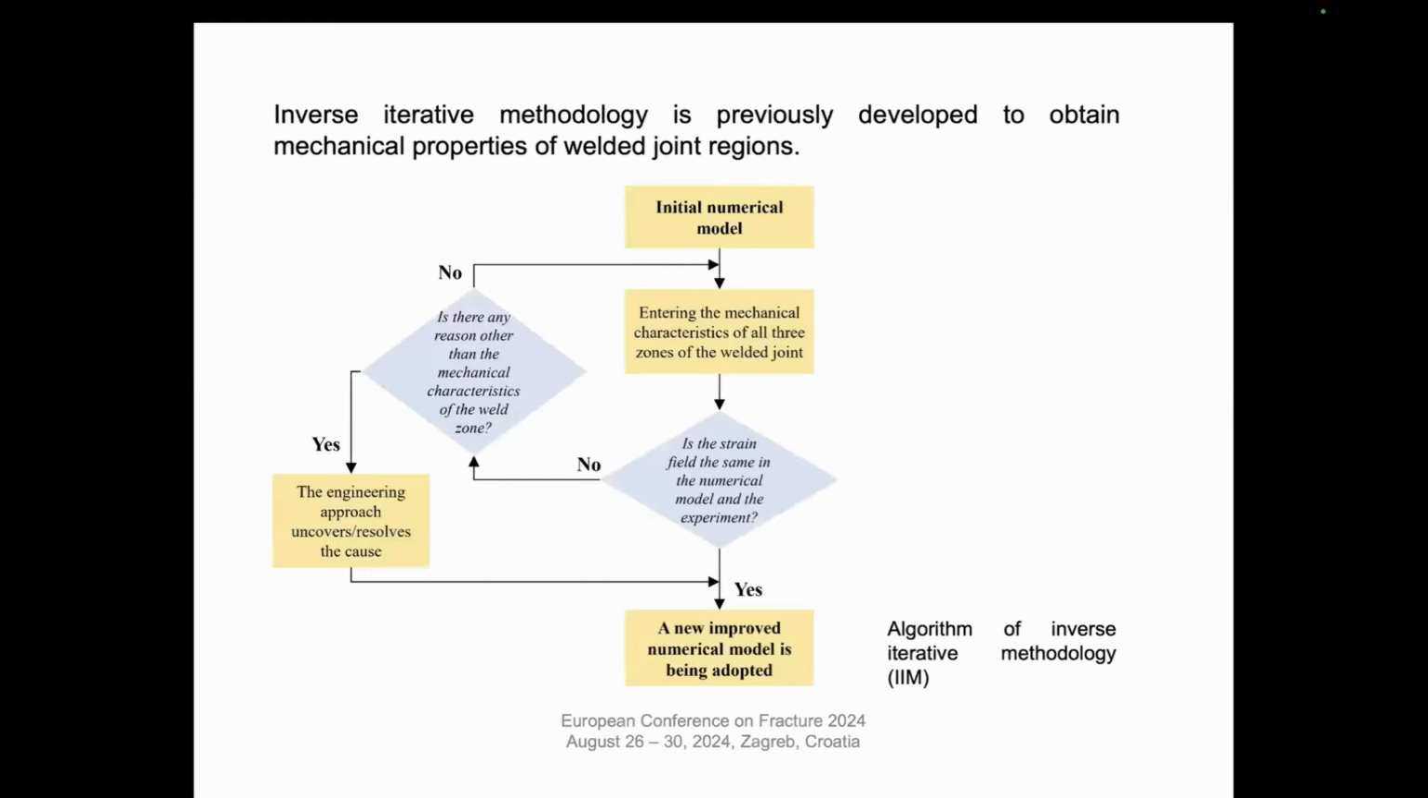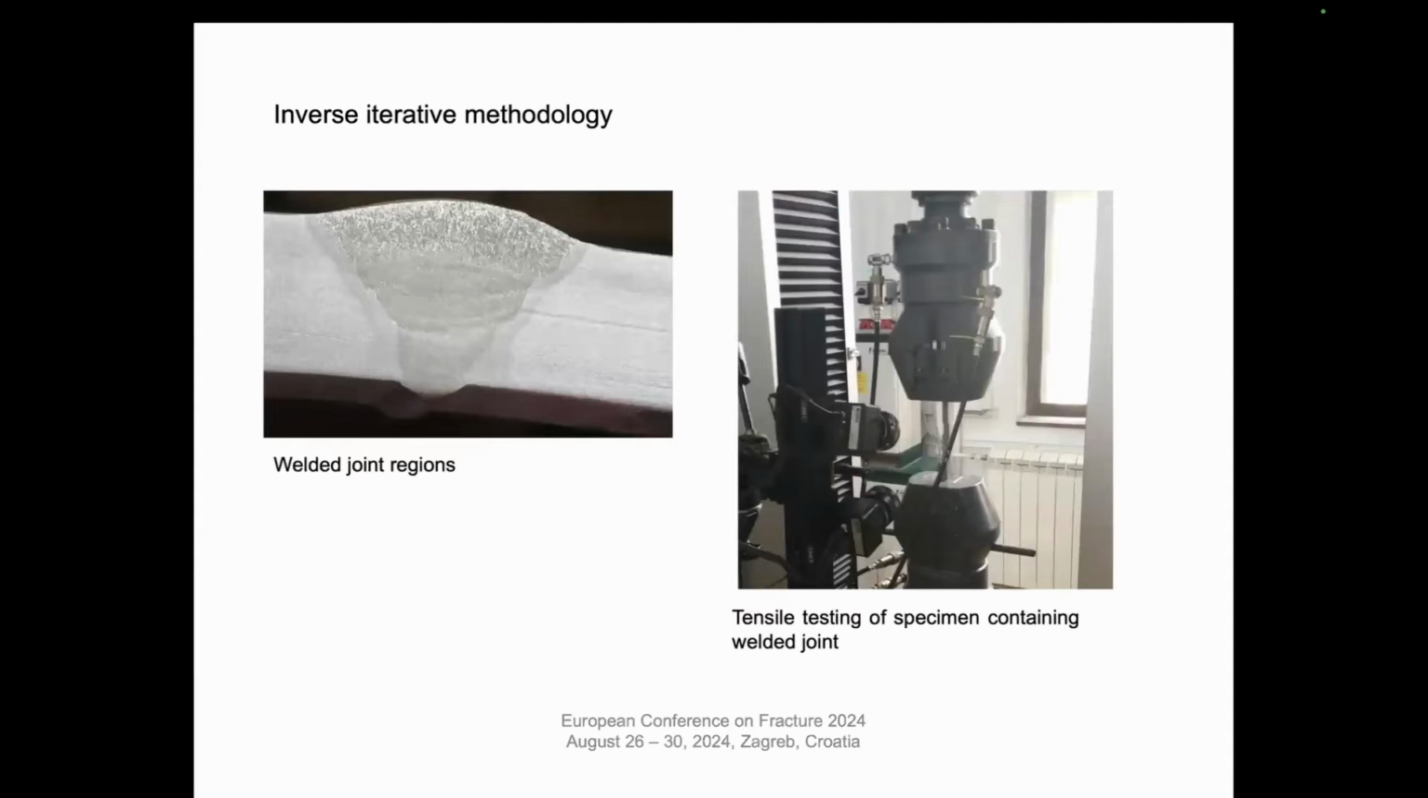This analysis is based on an inverse iterative methodology that was presented in some previous papers. Practically, the output of that methodology is a new improved numerical model that is adapted and includes all material properties of all three welded joint regions. That means that here you can see one typical